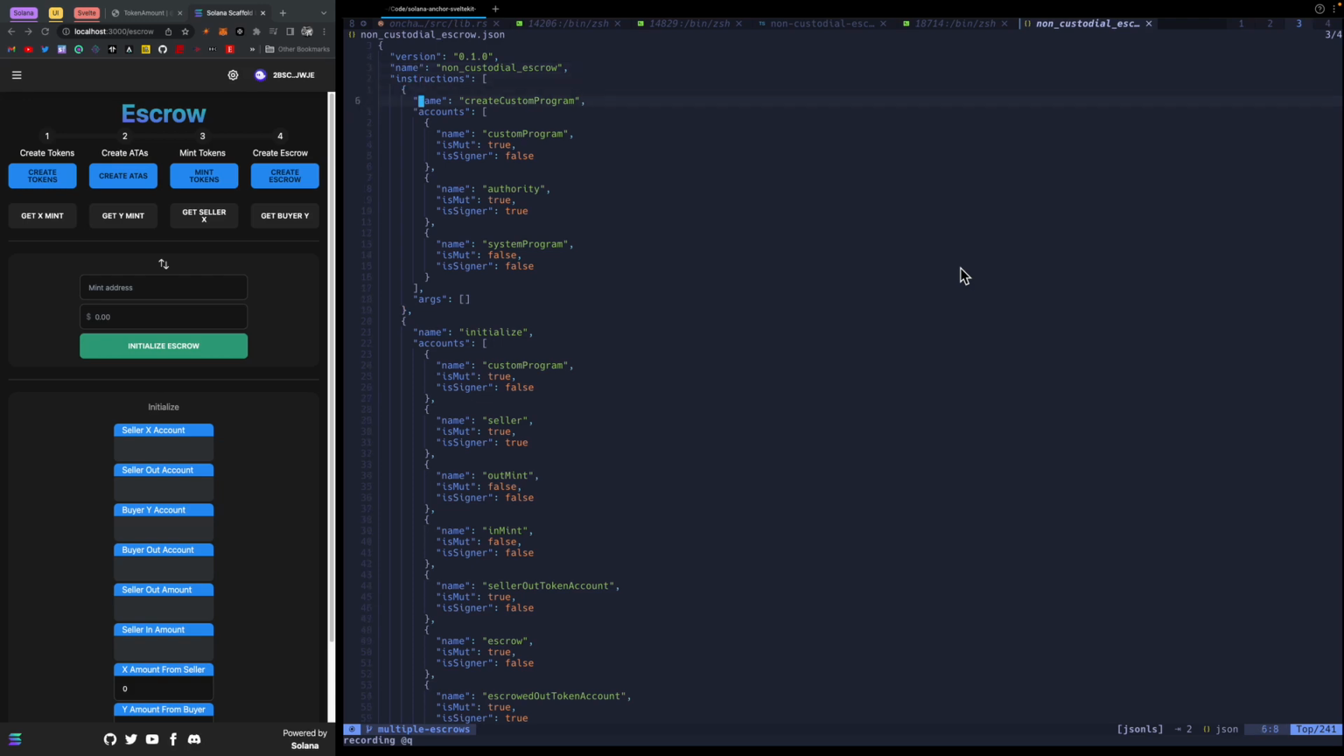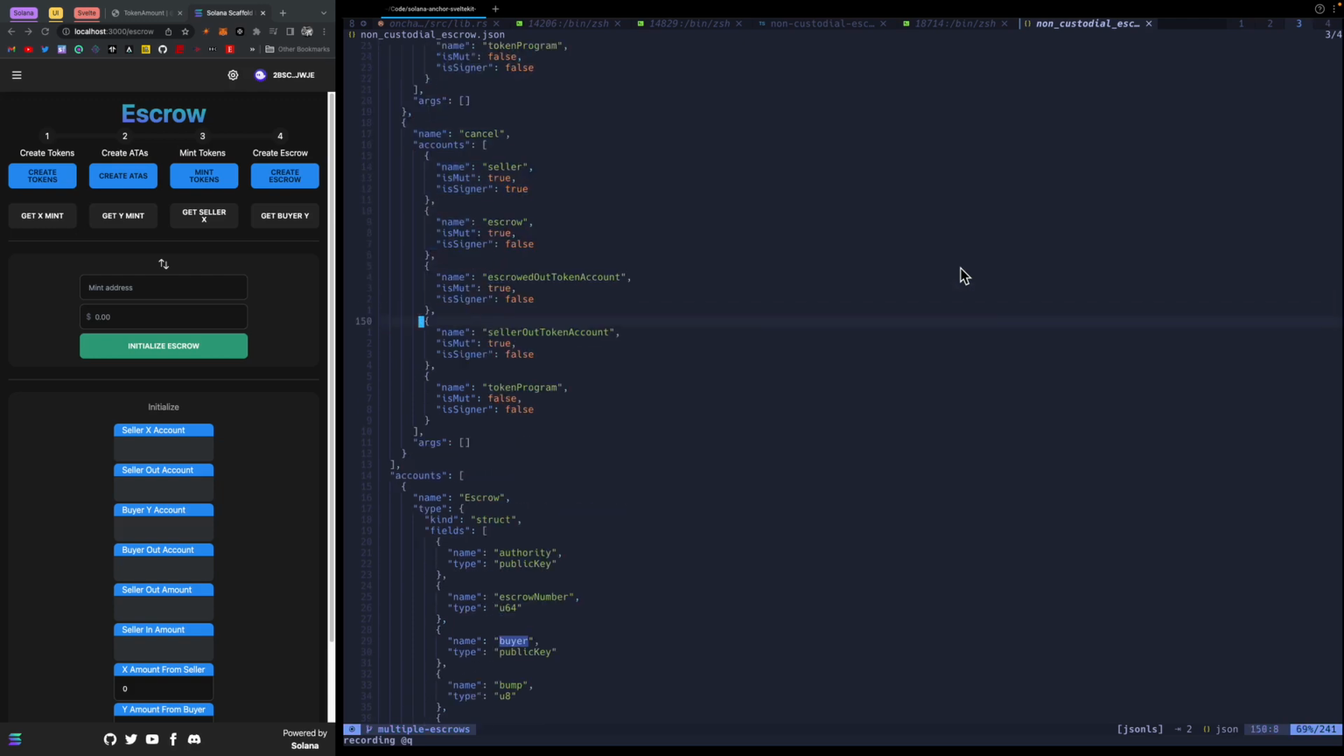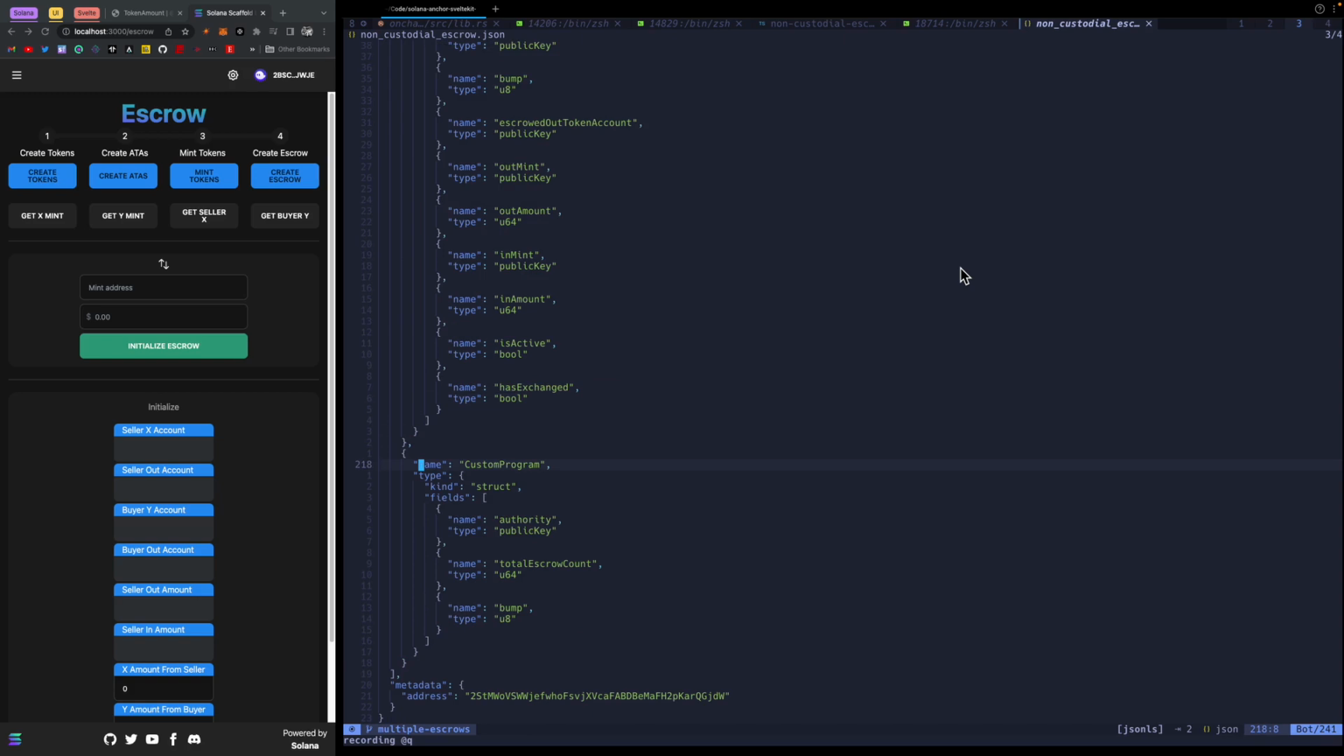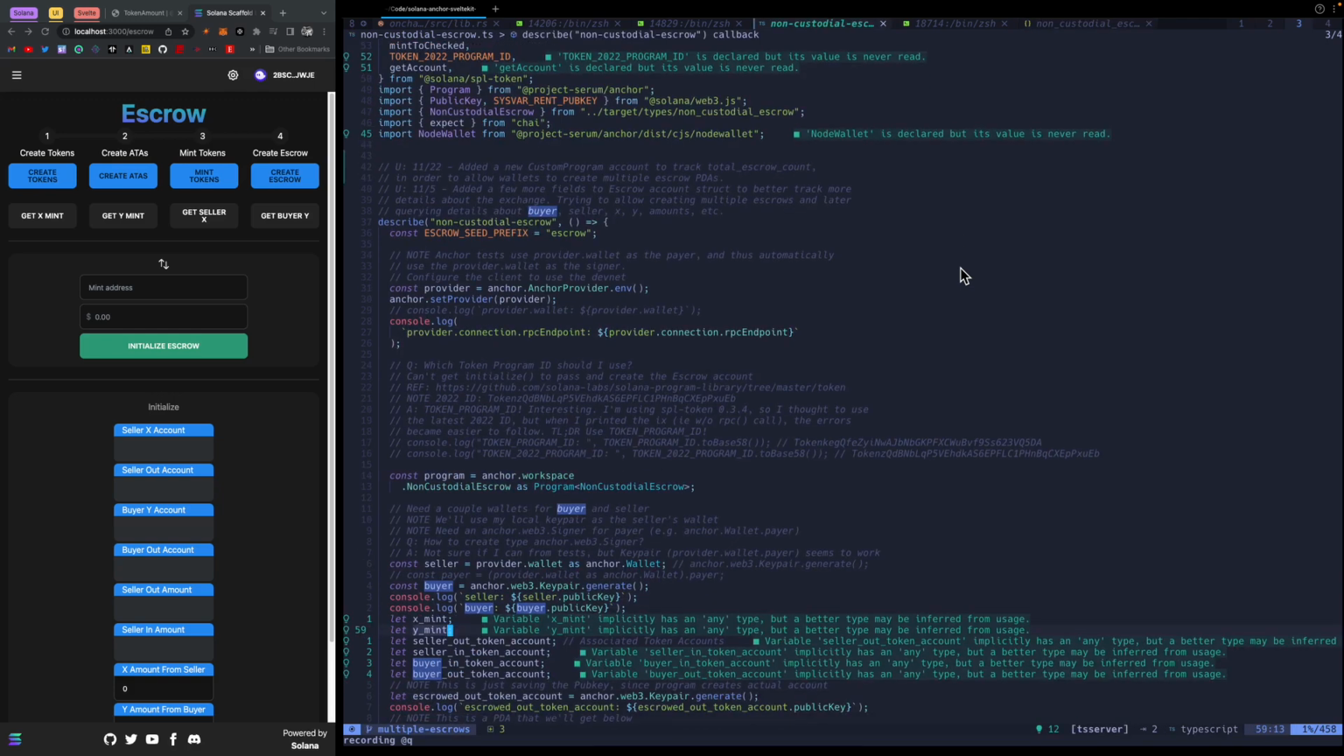But we'll notice now that I've got a new instruction, create custom program, and the accounts that instruction needs in order to execute. There are no args except for the Anchor context that we provide, which is basically all these accounts. So I have this new instruction, and I should have a new account. One's called Escrow, and now I've got a new one called custom program. You see its fields and so on. Looking good. So if I go back to my test,